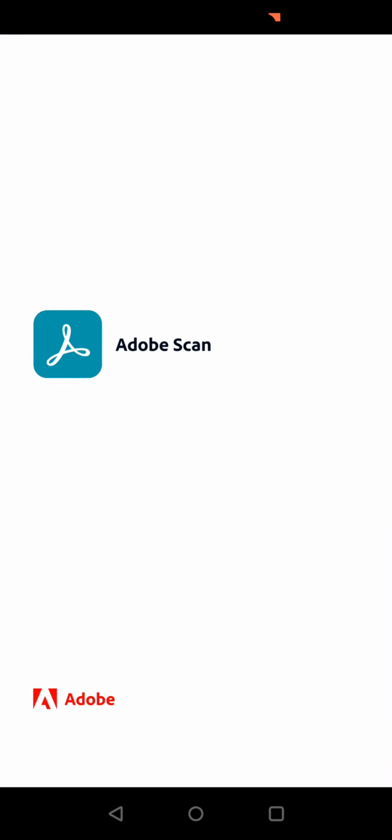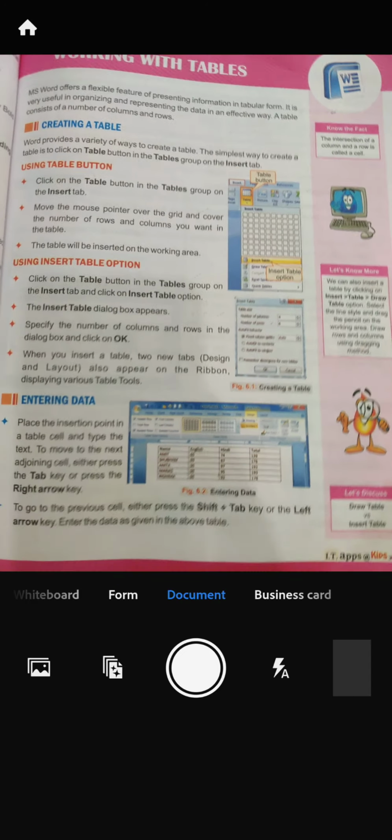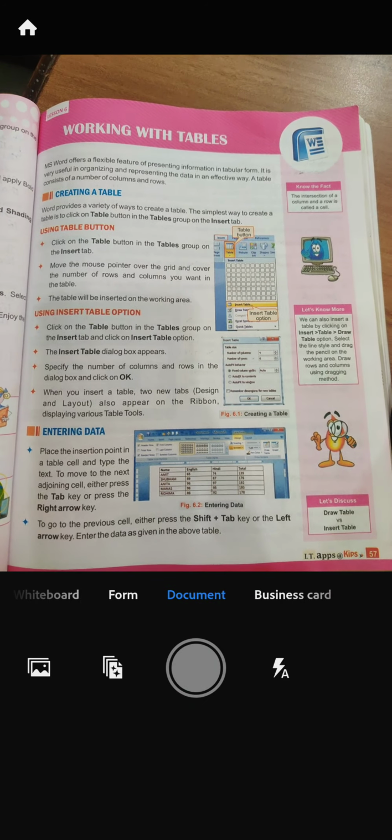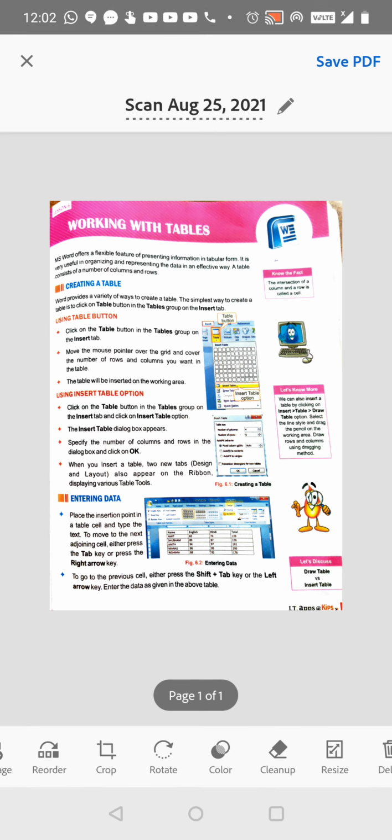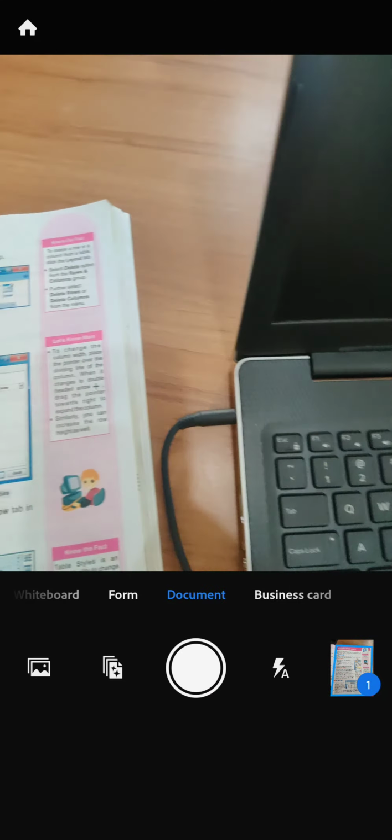The first page that opens is like this. So it is already on document, so like this it will come. Now I am going to create a PDF of 2 pages of lesson 6, the class 5 book, chapter 6. I'll be clicking the picture of it and then creating the PDF as a sample to show you. So here is the book. I'm clicking the picture now. Clicked. You can just open it and see how it has come. Okay, go back and then move to the next page.